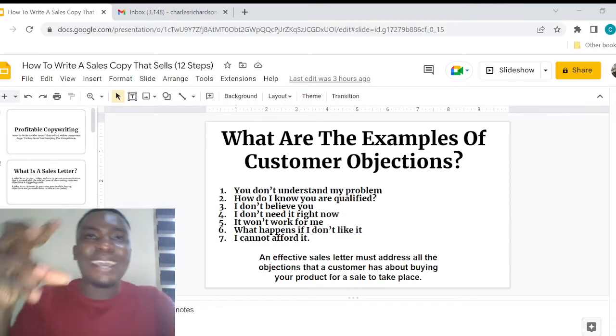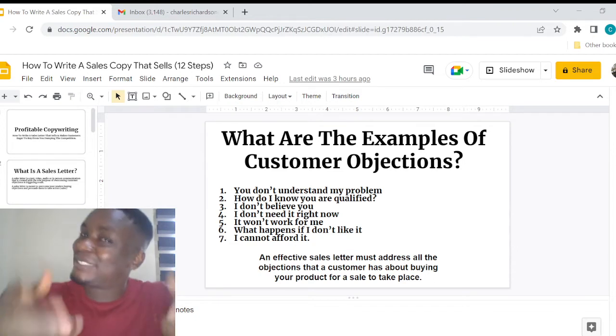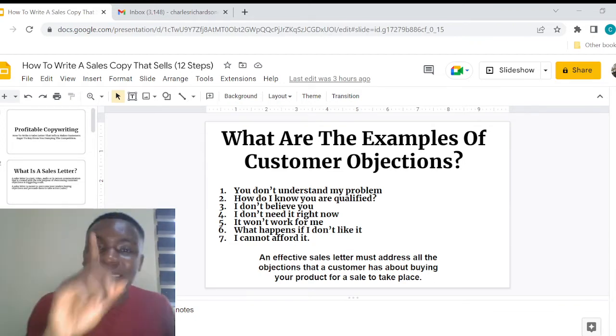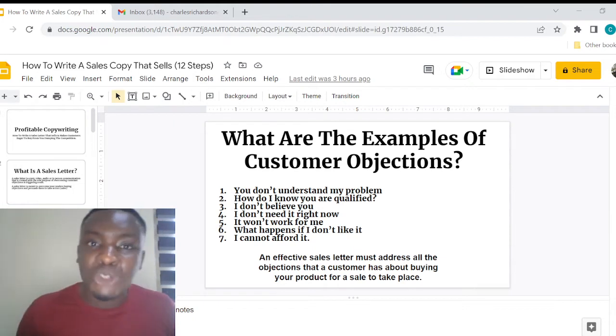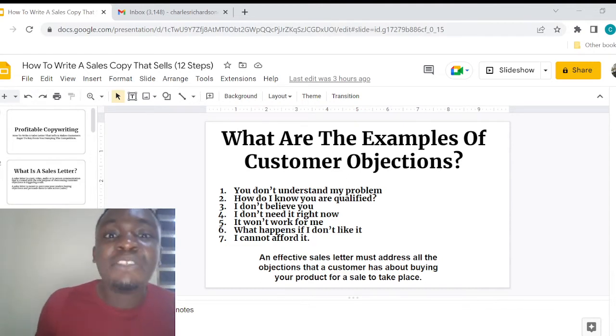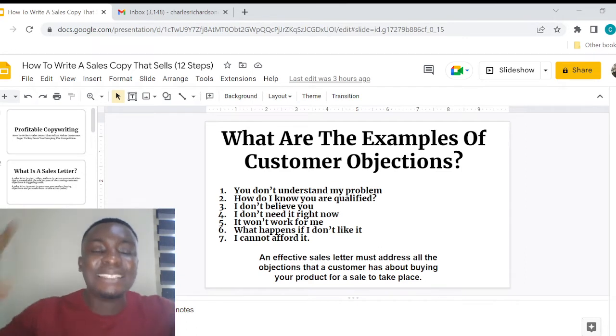There are ingredients that need to be added into your pot of sales letter for it to taste nice. I'm sure you understand the drift. If one part is missing, if you add too much salt to a food, the food will taste all salty. If you add too much water, the soup will be watery. So you want to make sure that you add everything in the right proportion for your sales letter to convert,